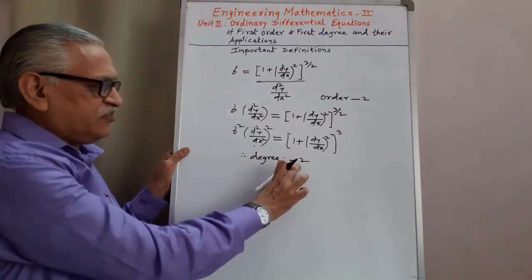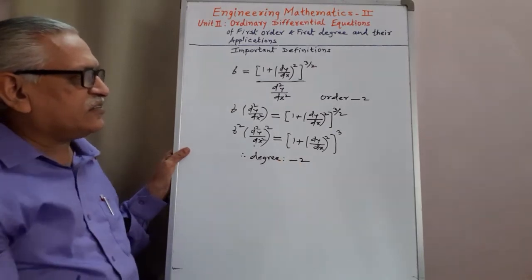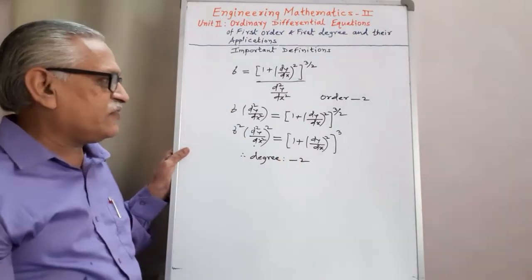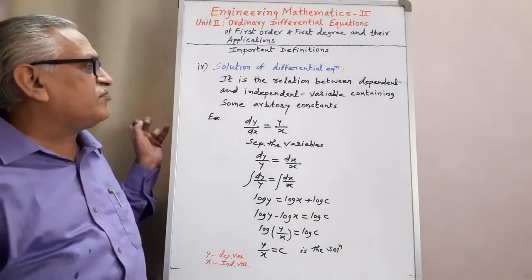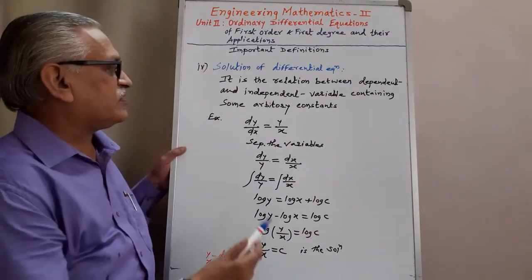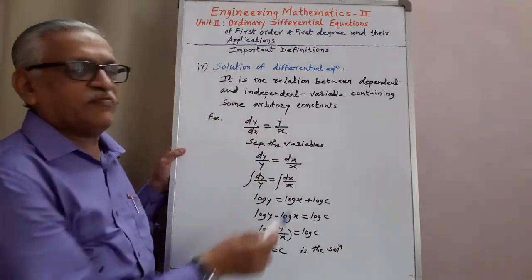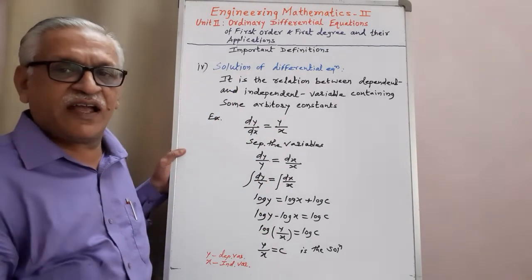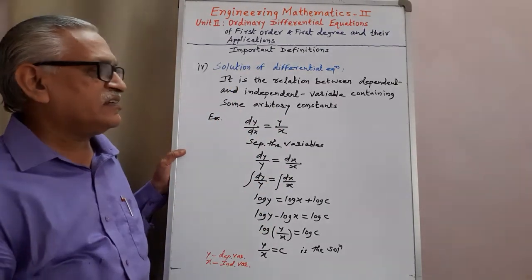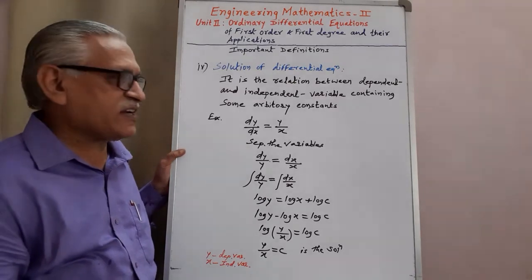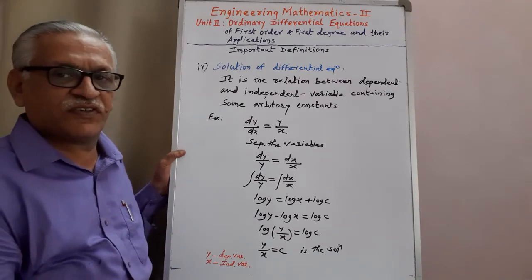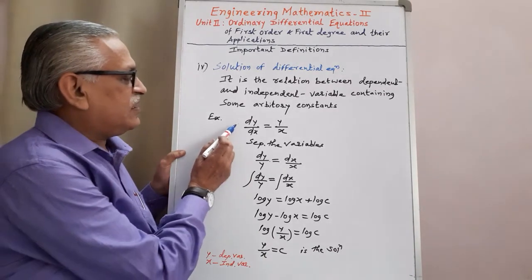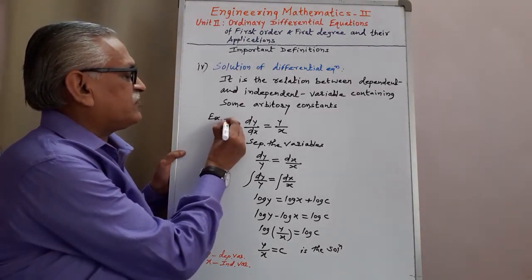Correct degree is 2. Like this we can determine the degree of that differential equation. Next important term, solution of differential equation. It is the relation between dependent variable and independent variable containing some arbitrary constant is called the solution of that differential equation. For example, we try to solve this